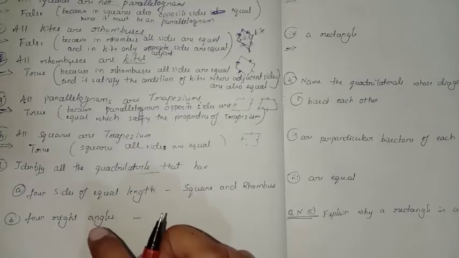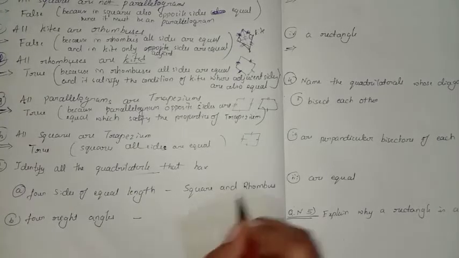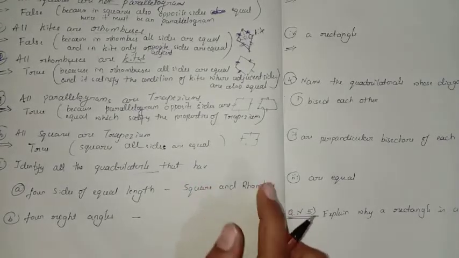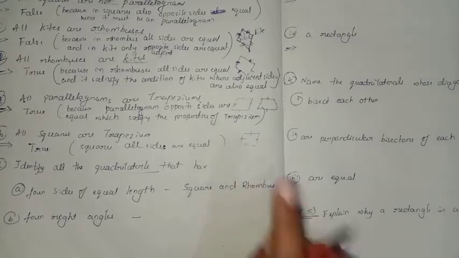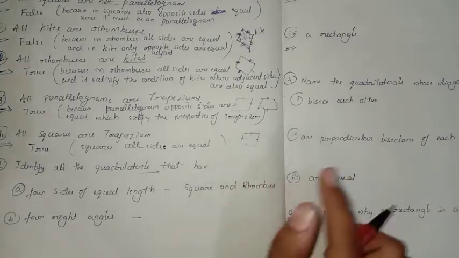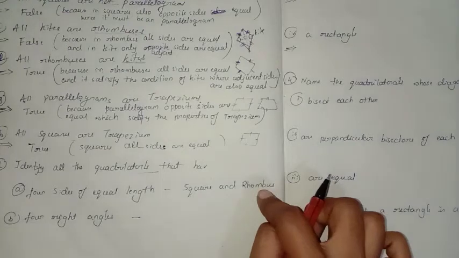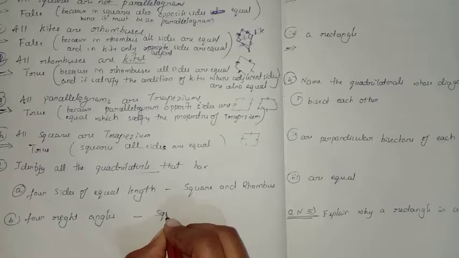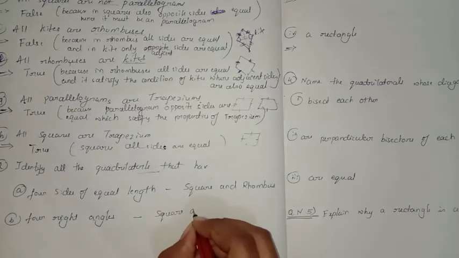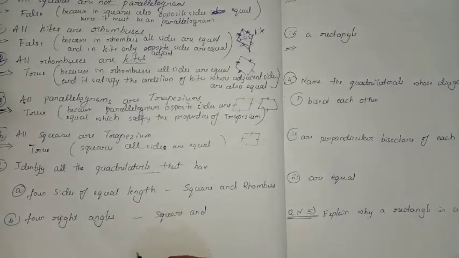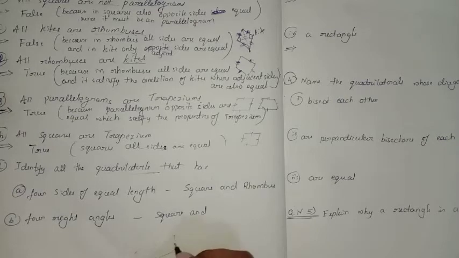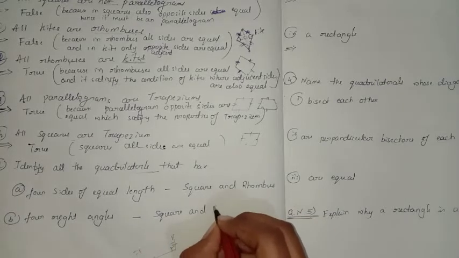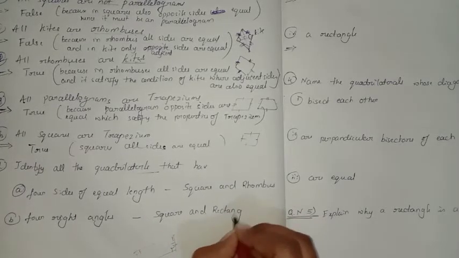And 4 right angles they have given. So right angles you will get in a square, so again don't write square and rhombus. In a square we have right angles, that means 90-degree angles, but in a rhombus it is not a condition. In a rhombus the only condition is that all the sides must be equal to each other. In a square we have the 90-degree angle, so we can consider one is square, and another one is rectangle. Opposite sides are equal to each other and these have the 90-degree angle, so we can write rectangle also. So this is the second question.